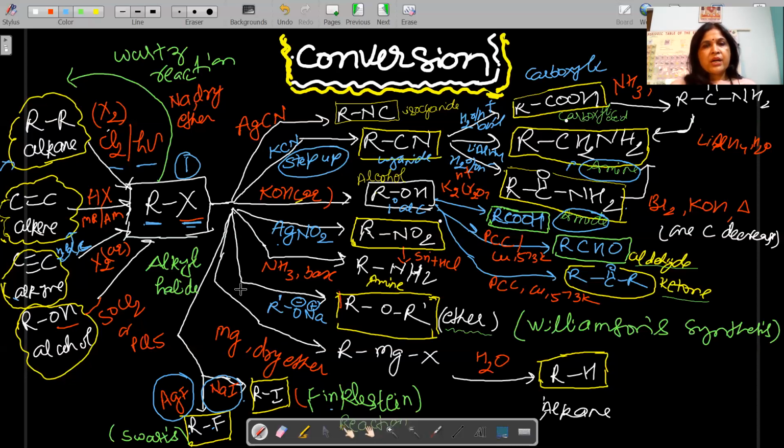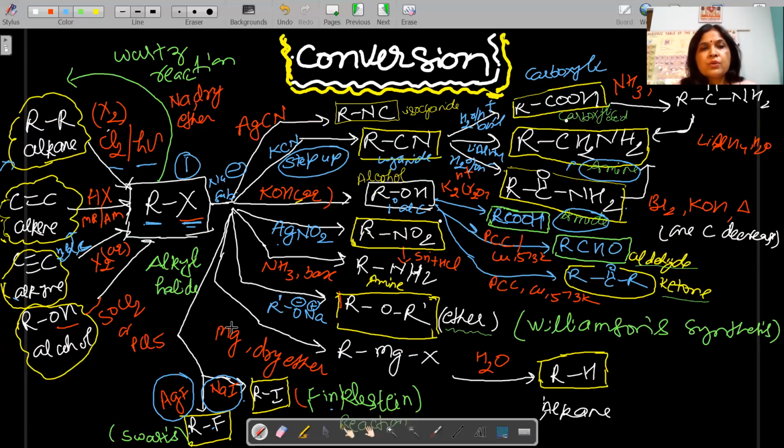So all these reactions which we have discussed are very famous reactions of the alkyl halide, that all of you are very much familiar with, that is nucleophilic substitution reaction, which may be SN1 or SN2, that depends whether alkyl is 1 degree or 3 degree, right?